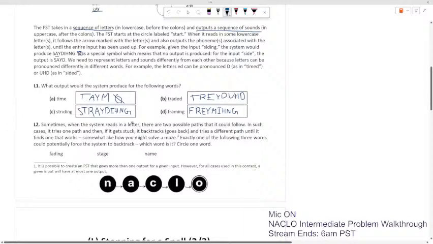Sometimes when the system reads in a letter, there are two possible paths it could follow. In such cases, it tries one path, and then if it gets stuck, it backtracks and tries a different path until it finds one that works. Somewhat like how you might solve a maze. Exactly one of the following three words could potentially force the system to backtrack. Which one is it? Well,